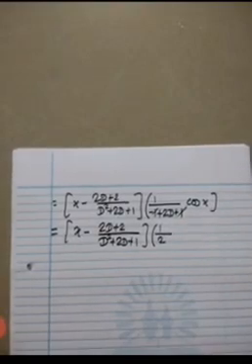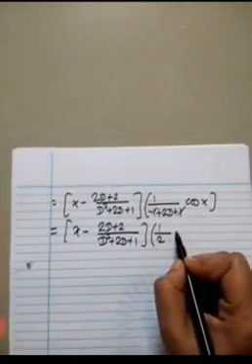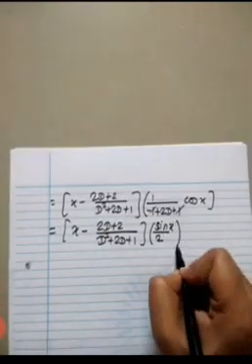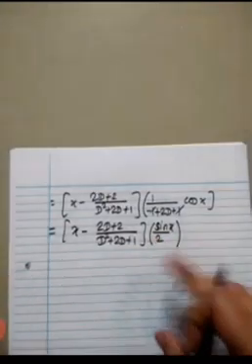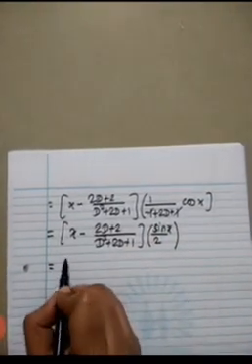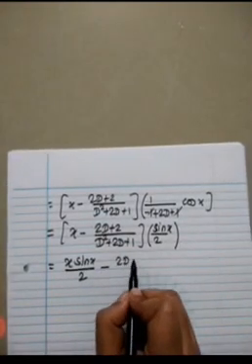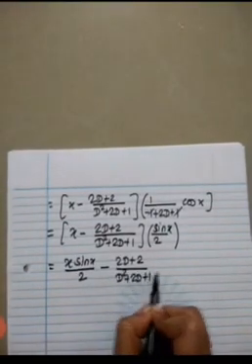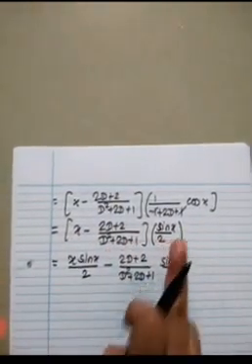What is the integration of cos x? Yes, so here it is sin x. Am I right? 1 upon 2 as it is I have written, and 1 upon D cos x is sin x. So sin x upon 2. So this is x sin x by 2 minus 2D plus 2 upon D square plus 2D plus 1 into sin x by 2. This into this into this.